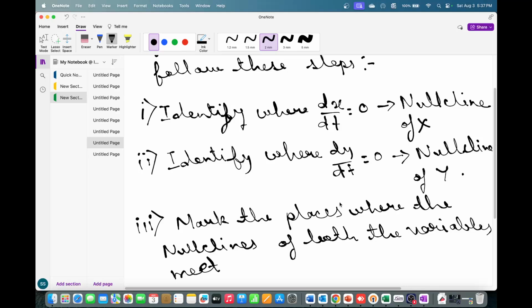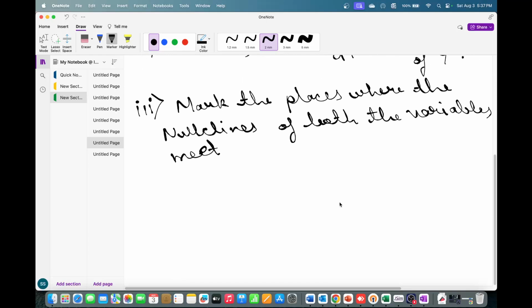We compute those slopes in and around dx dt equal to 0 and also in and around dy dt equal to 0, and we check whether the system at those points is coming back to the steady state or moving away from it. The concept is the same. Okay, so if you want to identify those, your fourth step would be